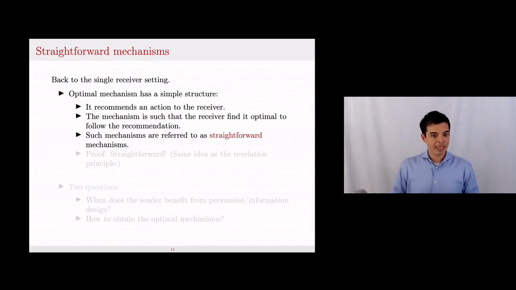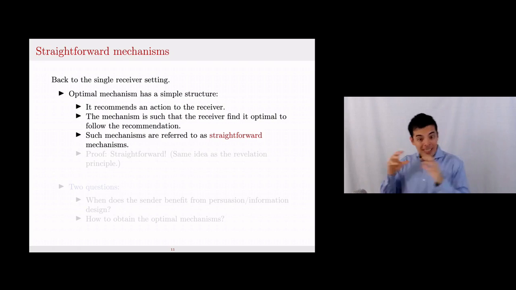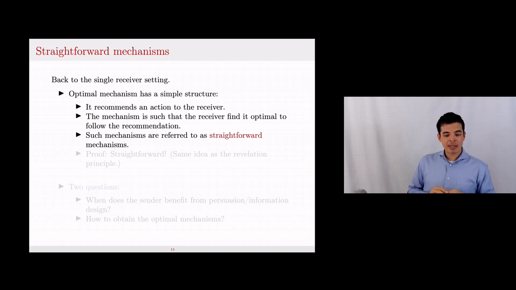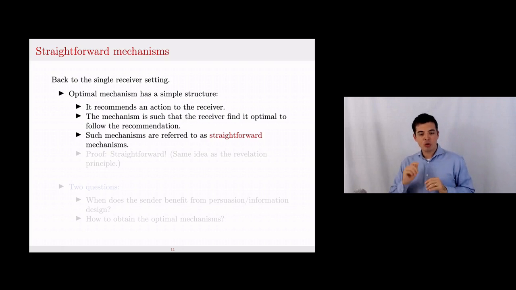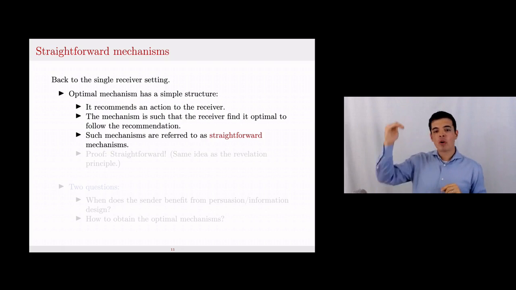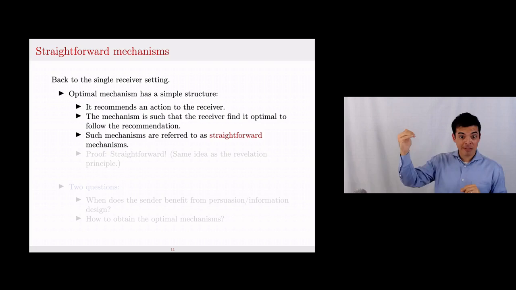What are the optimal mechanisms? We still haven't pinned them down. Well, it turns out that optimal mechanisms will always have a rather simple structure. Or I should say that there will always exist some optimal mechanisms that have a simple structure. Specifically, we can always restrict attention to the following class of mechanisms, where the realizations of the signals basically correspond to the different actions of the receiver, and